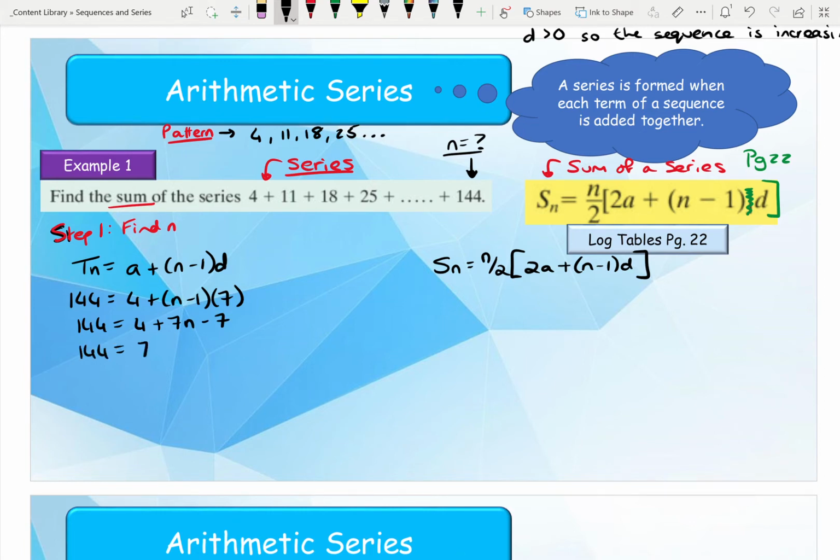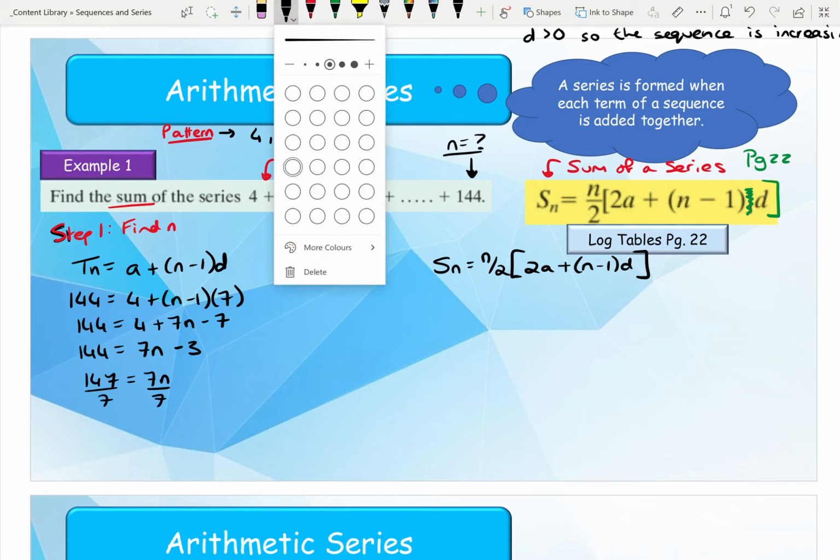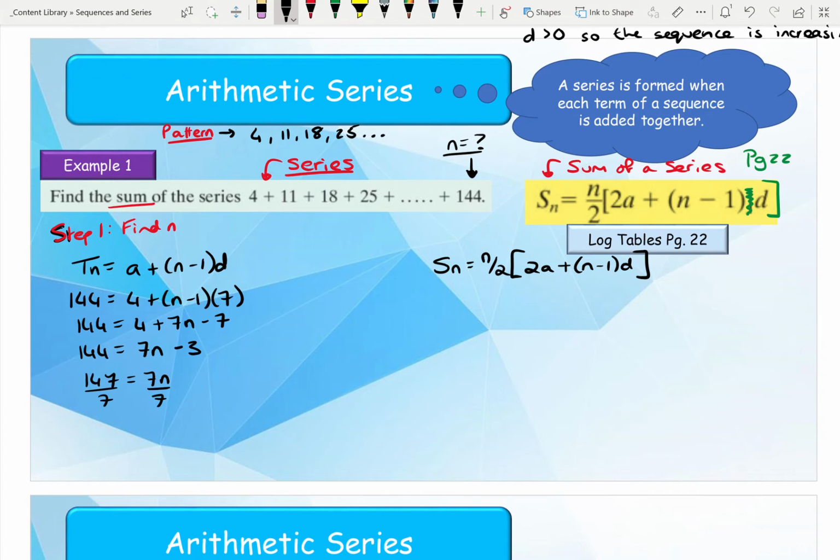So I get 144 is equal to 7n minus 3, sorry, because 4 minus 7 is going to give me minus 3. So I'm going to bring my 3 over and it's going to become a plus. So I get 147 is equal to 7n. And then to find n, I'm going to divide both sides by 7. So 147 divided by 7 is going to give me 21. So that means now I know, therefore, term 21 is equal to 144,